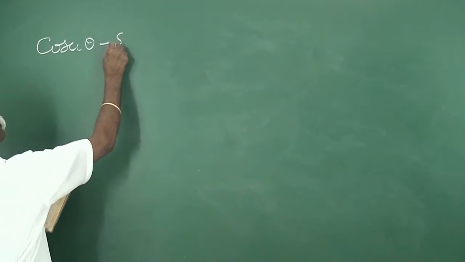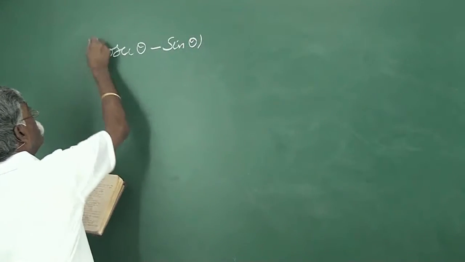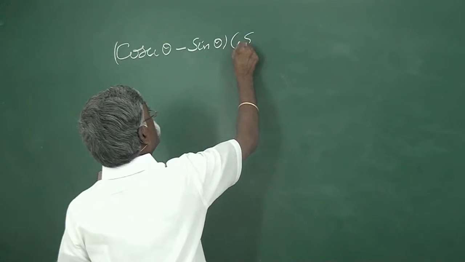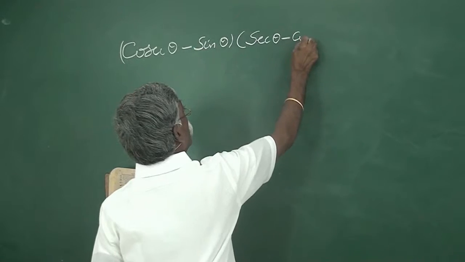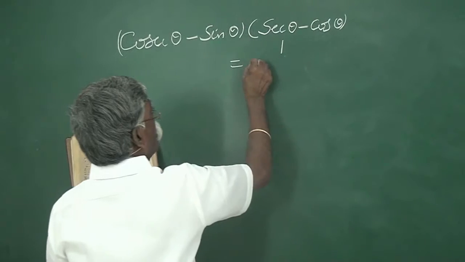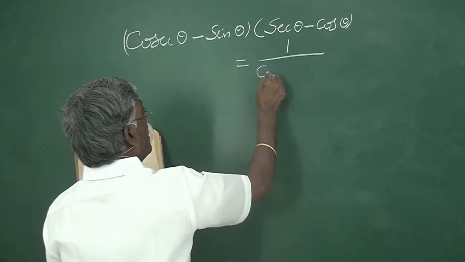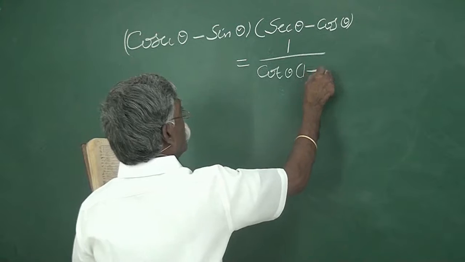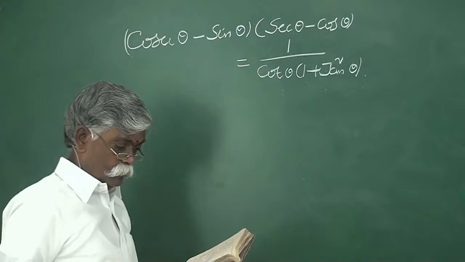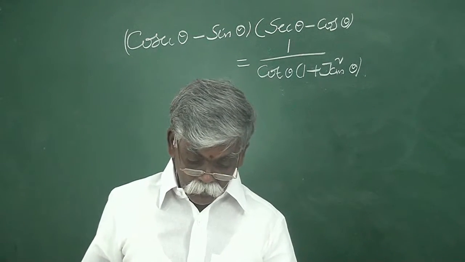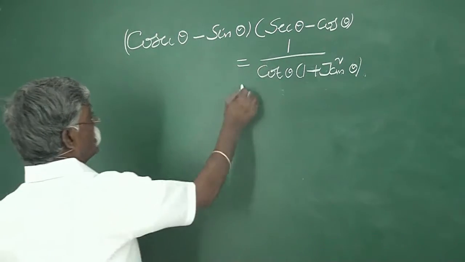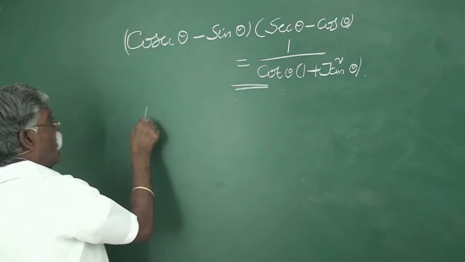Cosecant theta minus sin theta into secant theta minus cos theta is equal to 1 by cot theta into 1 plus tan square theta. Now, this is the problem. The left hand side